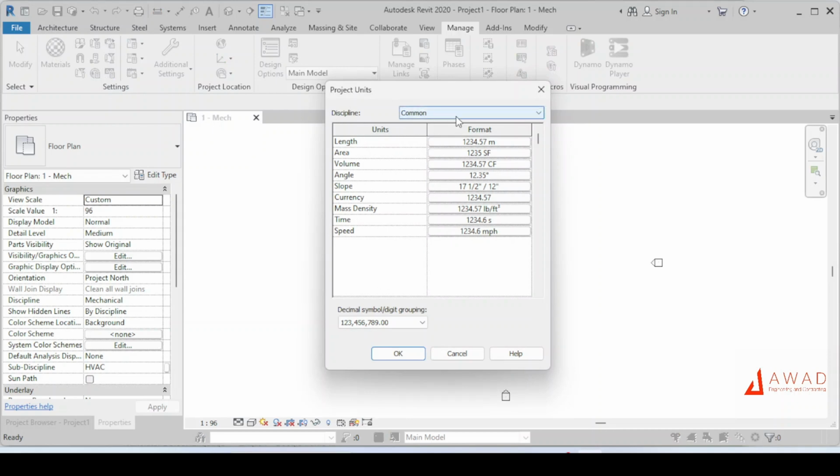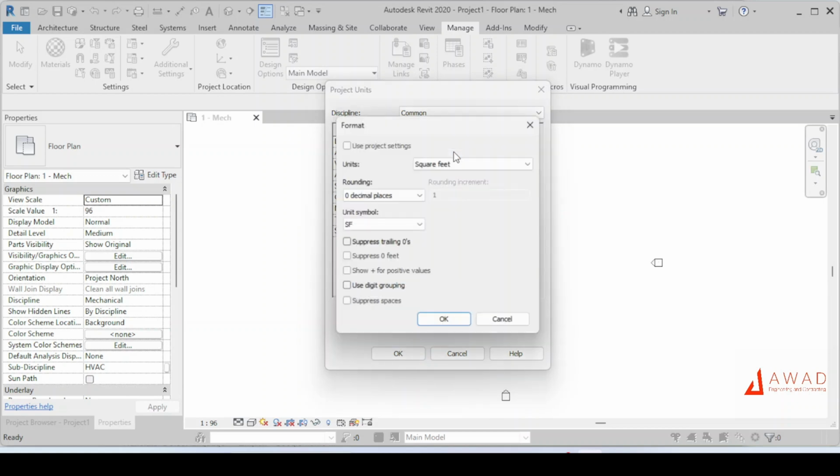In Discipline, you can see here Common. It means these units are common between HVAC, electrical, piping, energy, etc. So let's take the area as an example. You can see here the unit is square feet. You can change this unit from here. Let's put it